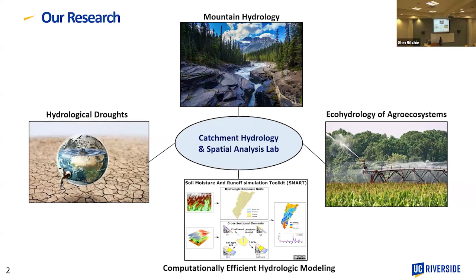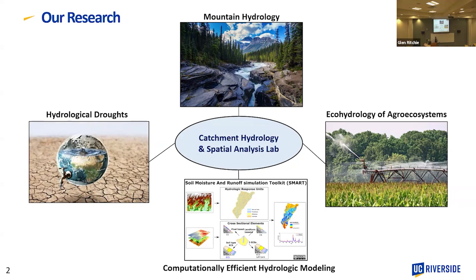Being in California, it is difficult to avoid agricultural systems. So some of my research is focused on understanding eco-hydrological processes of agricultural ecosystems and applying numerical methods and models for water supply forecasting in these systems. And of course, it's difficult to ignore the impact of droughts on the hydrologic system, so some of my research also focuses on how droughts propagate through the subsurface.